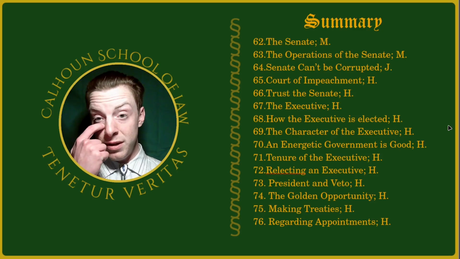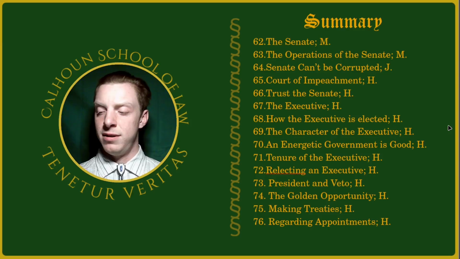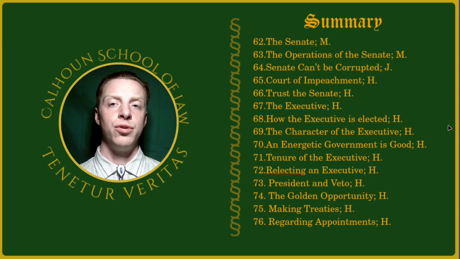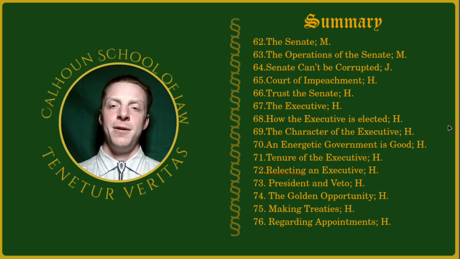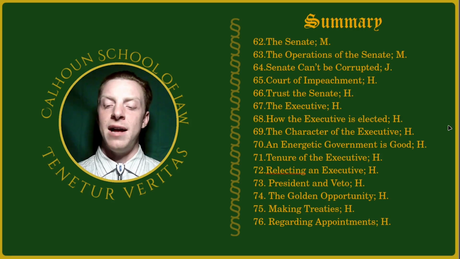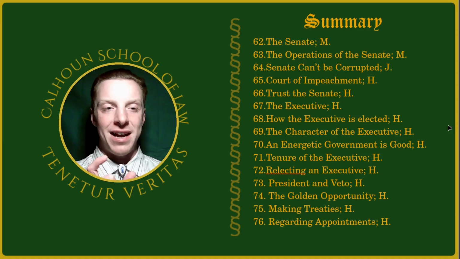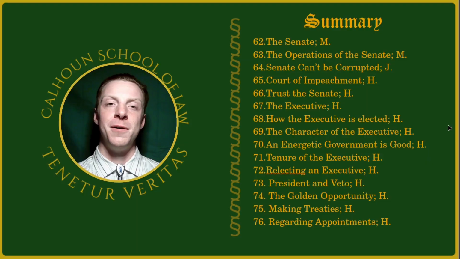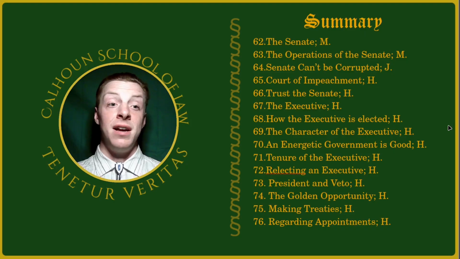63, again from Madison, the operations of the Senate, how the Senate was going to be conducted, the elections for the Senate, senator qualifications, so on, so forth, discussing how the Senate is going to be involved as he used an exact term. The House of Representatives had the purse, the Senate kind of had the checkbook, you could say. So the House of Representatives had direct access to the coin purse, but the Senate had to write permission for implementing its policies on behalf of the states.